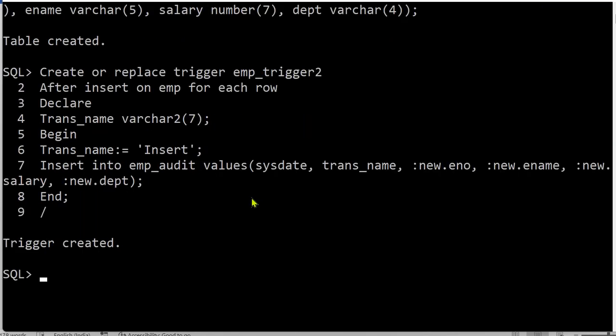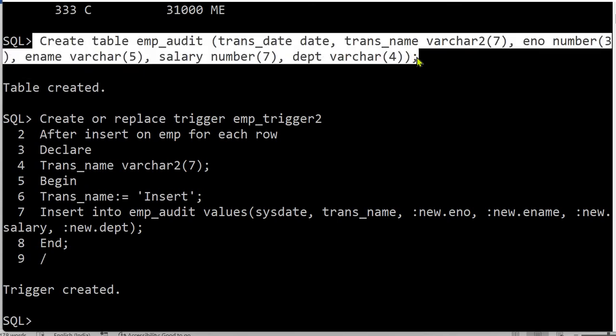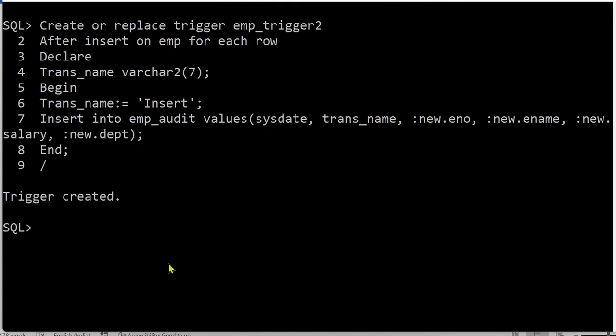So the trigger is created without any compilation error. If you try to create the trigger but the table was not created before, then you will get a compilation error. As we have already created the table, the trigger is executed without any error. So let's